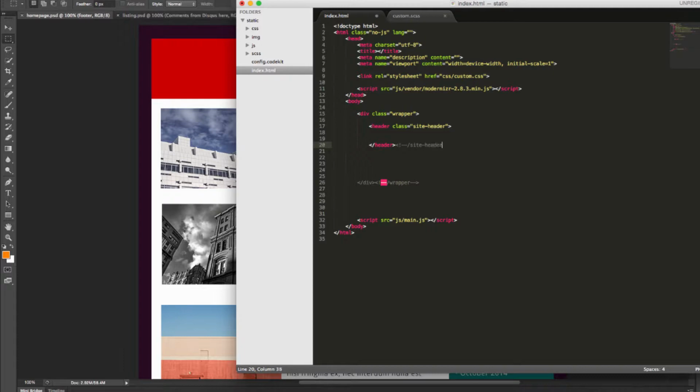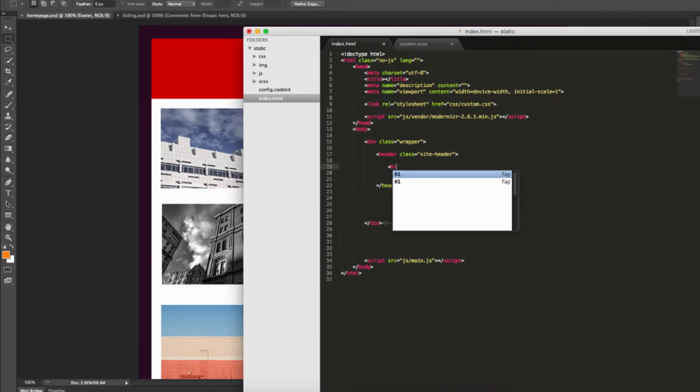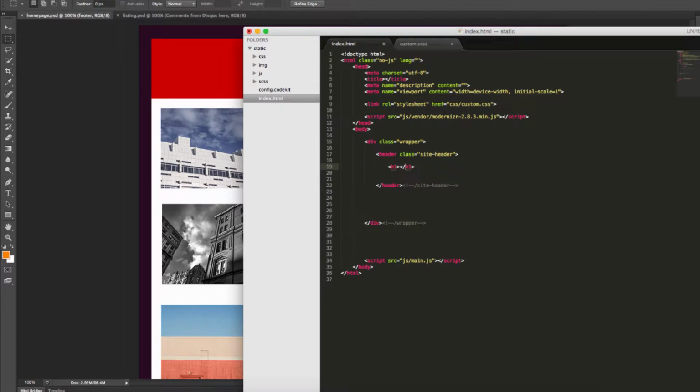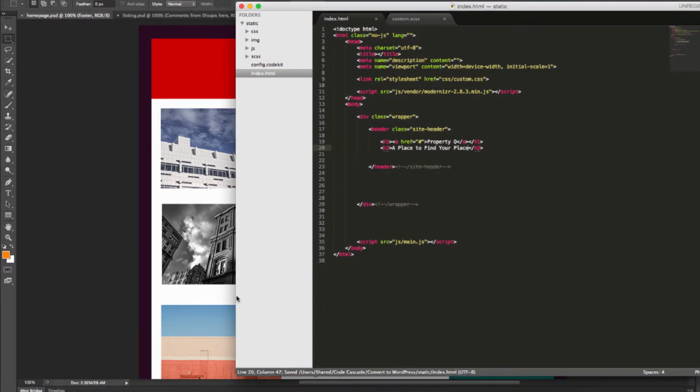Let's do that, and header. And inside of here we have a title and a description, so that could be an H1. And it'll probably be a link, so that if you're browsing the website and you want to click on that logo, you can click on it and it'll go back to the home page. So Property Q. And then the second one, let's do that as an H2. This is the site description: A place to find your place. Okay, so if we look at this now,